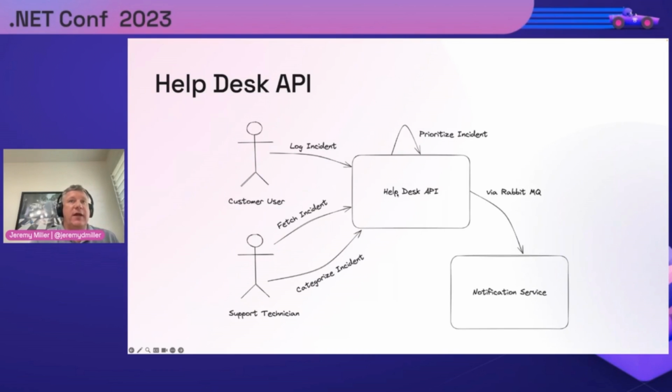From there, the help desk API, as it's processing this command, may decide by itself to issue a command to try to go prioritize the incident. And in this case, we're going to handle this with an internal Wolverine handler. Whereas these are HTTP endpoints, this is going to be an internal handler. And then finally,